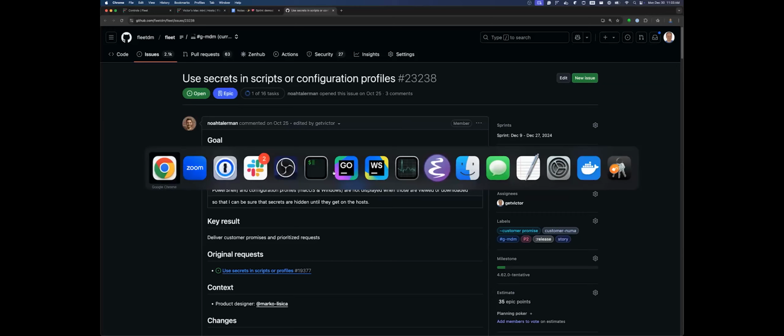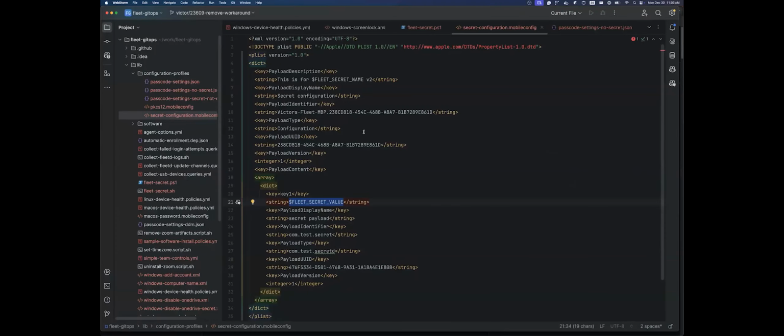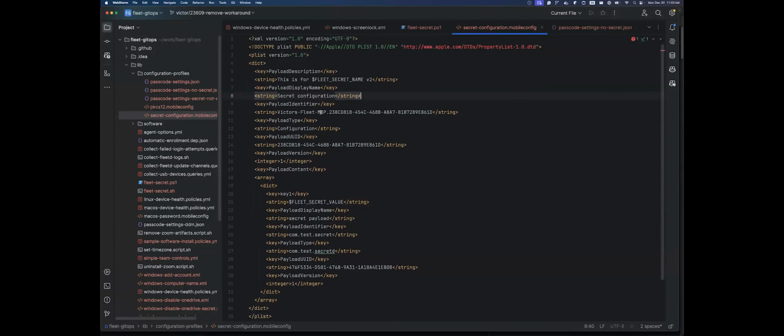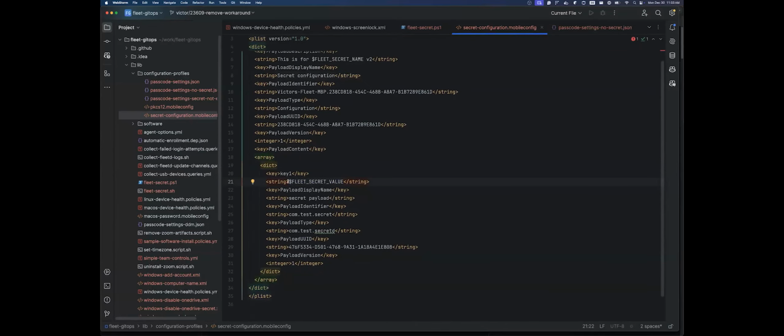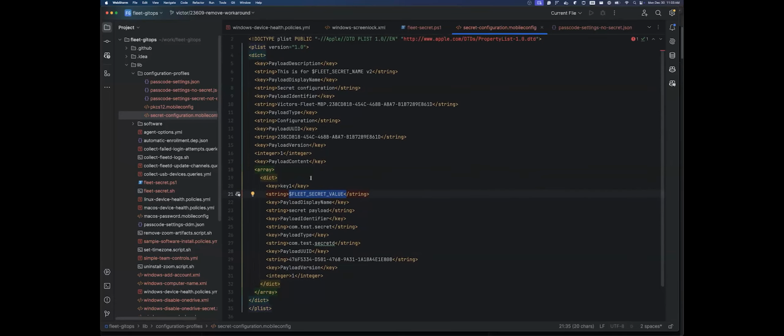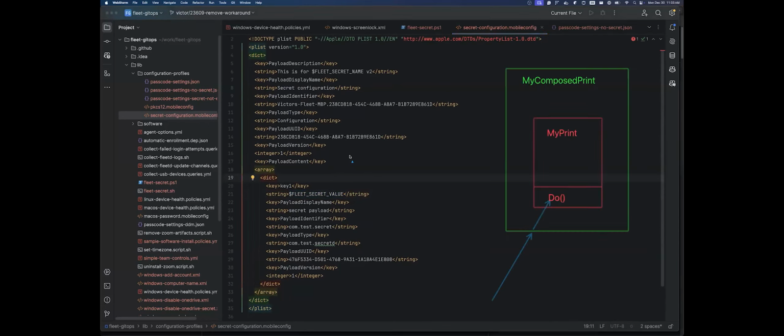And here's an example of a secret value. For example, you have a configuration profile and you want to put some secret value somewhere in your configuration profile. And so that's what a usage of it would be. So I wanted to kind of go over